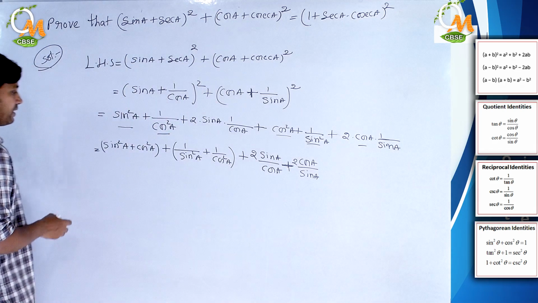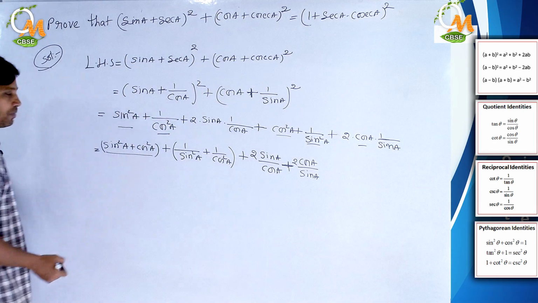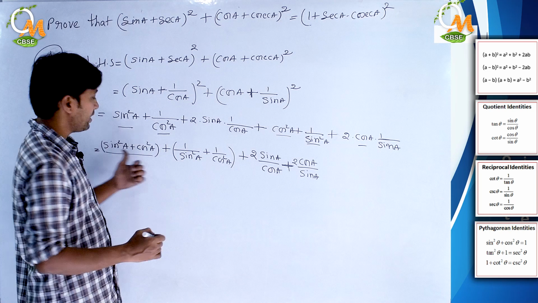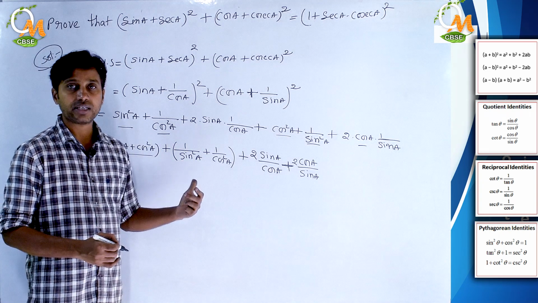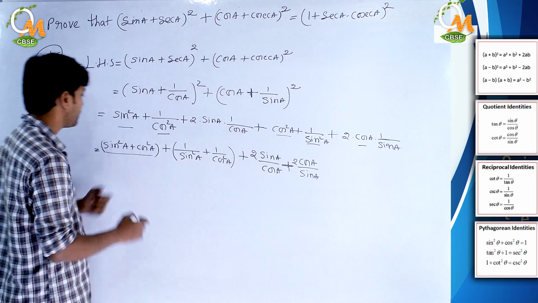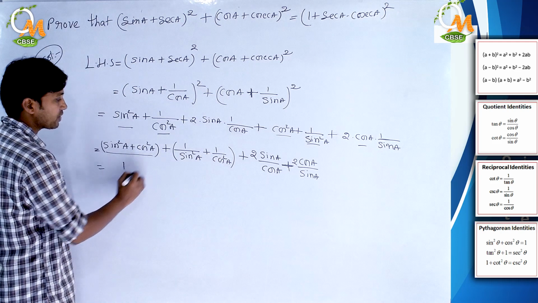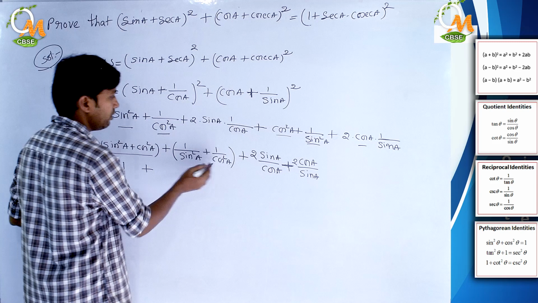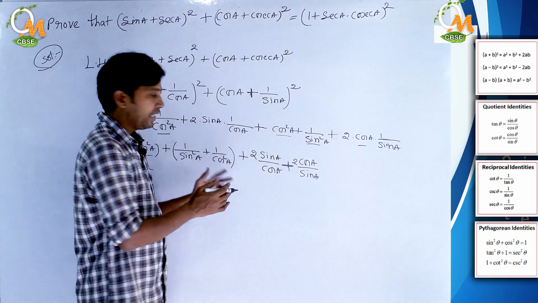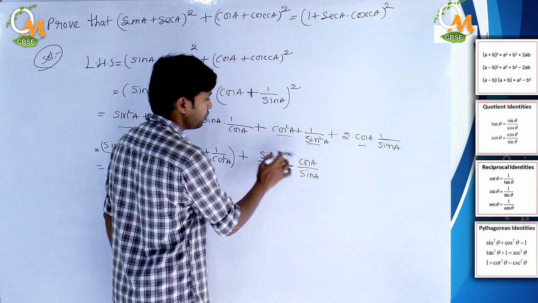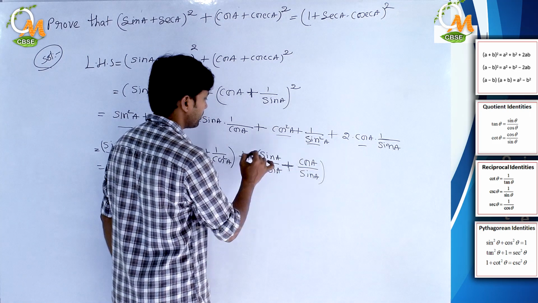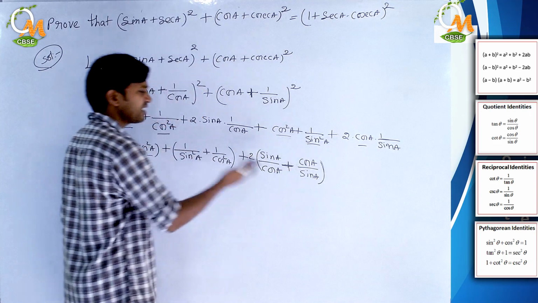Right? Now let us see here, what would be the value of this expression? 1, because it's the first trigonometric identity, sin square theta plus cos square theta is equal to 1. So we can put 1 here. Sin square A plus cos square A would be 1. Now in order to solve this expression, one more thing I will do here only, let me take 2 common from these two terms. I took 2 in common in this step.